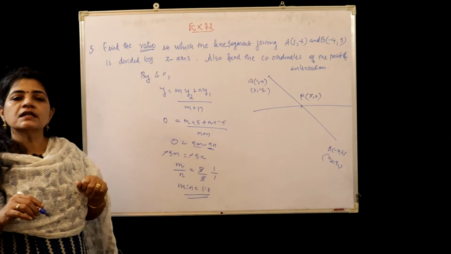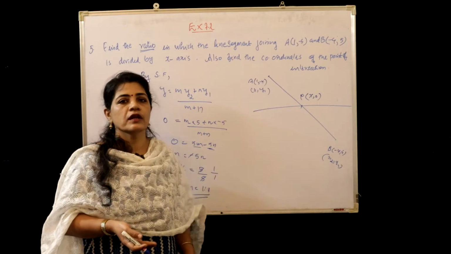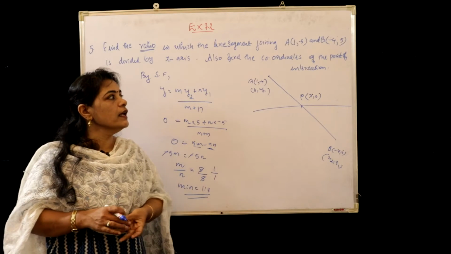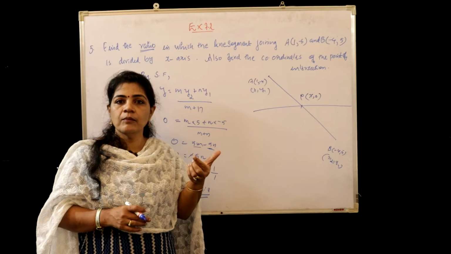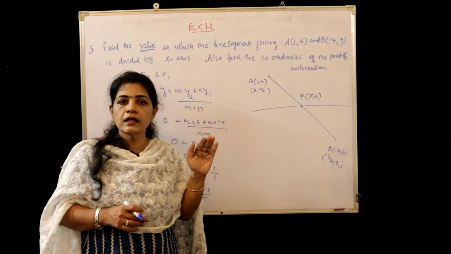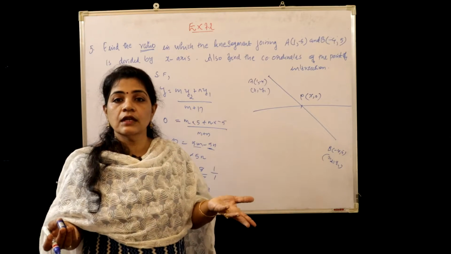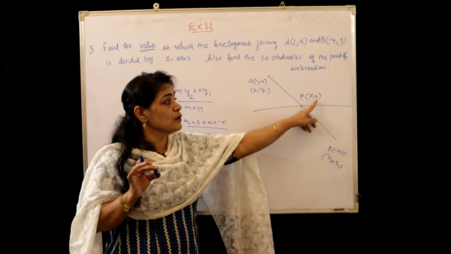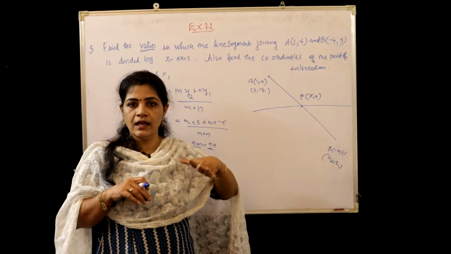So this is the ratio by which the point on the x-axis is dividing the line segment joining these two points A and B. And in the second part, also find the coordinates of the point of intersection, which is the point dividing AB, that is P, and its coordinates we already wrote as x comma 0. Here we need x because we already know the ratio. So in order to get the coordinates, definitely you have to apply the section formula. But we need only the x coordinate because 0 is given. That is, since the point is on the x-axis, there is no need to find the value of y using the section formula.